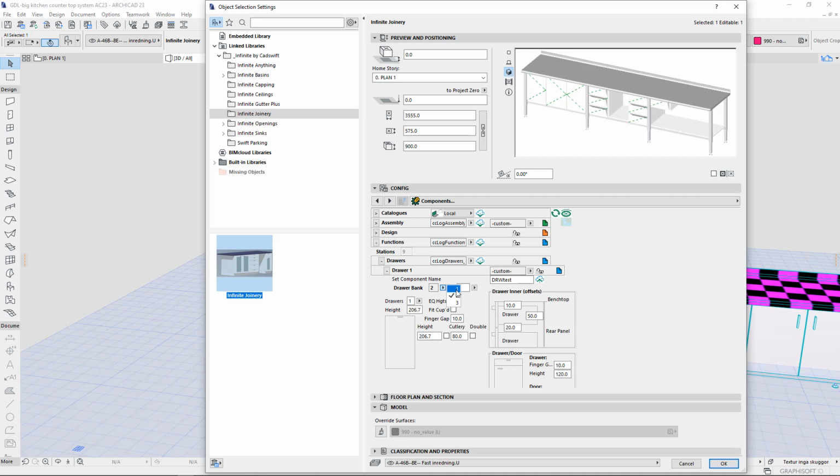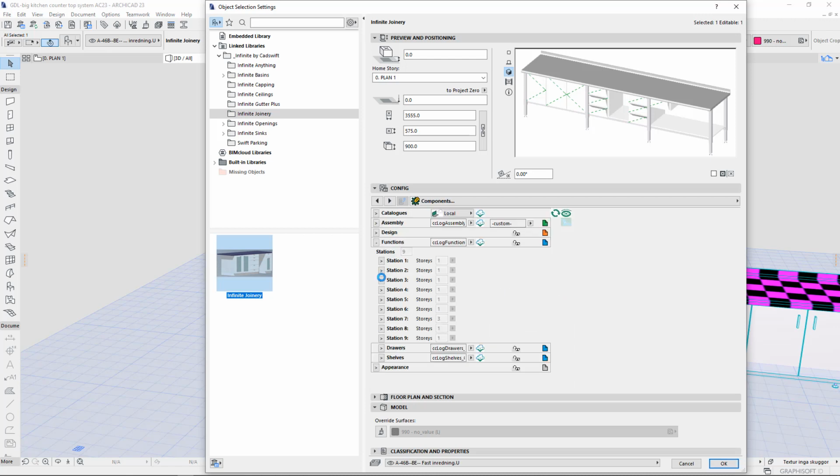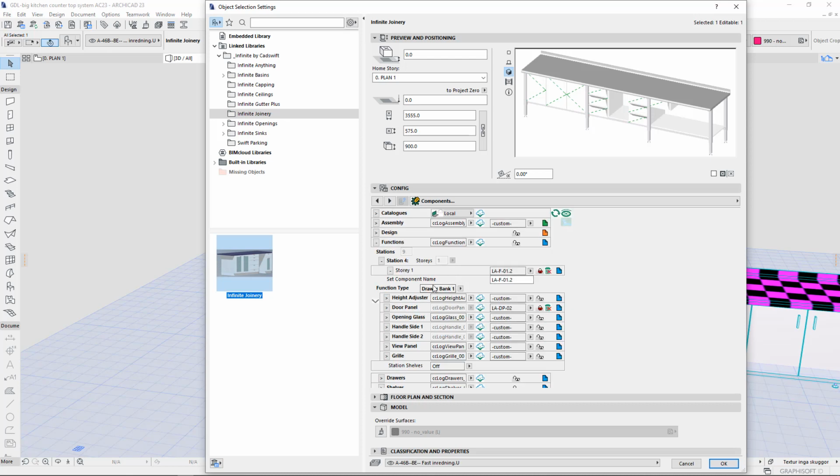So if I go to drawbank 1, let me just see, back up in the functions, minimize that, go to station 4. So it's drawbank, I think I was planning on applying this in a slightly different way. Anyway, let's go and apply the